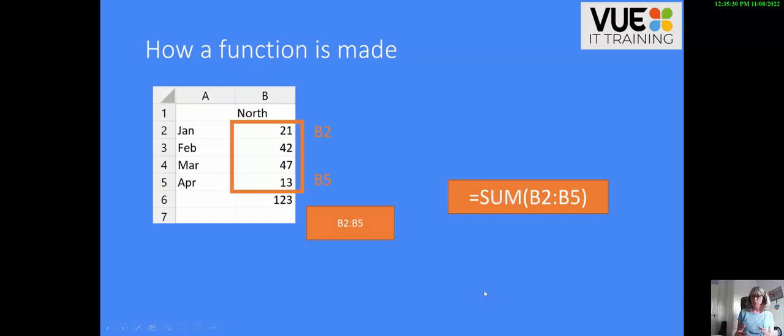So equals sum is giving Excel an instruction to total, to add up. And then we open the brackets to show that we're moving on to the next part of the formula, which is the cell references. If I was to translate this to you, it's a bit like learning to speak a foreign language, learning Excel. It would say equals sum, add up, open the bracket. I'm now going to see what I need to add up. I'm going to start at B2, the colon, which means 2, B5, close the brackets to tell Excel that I've